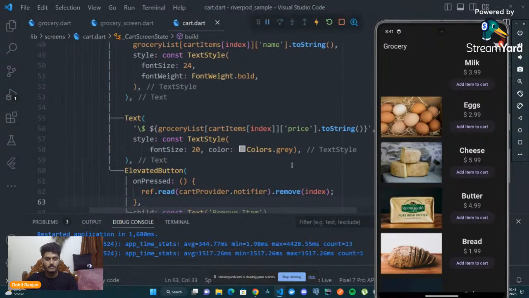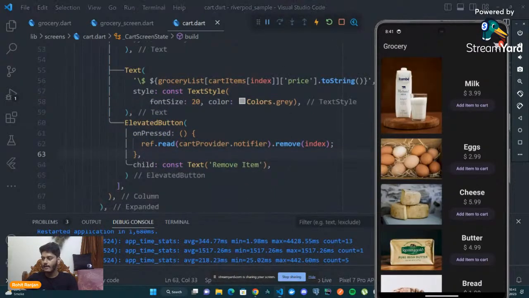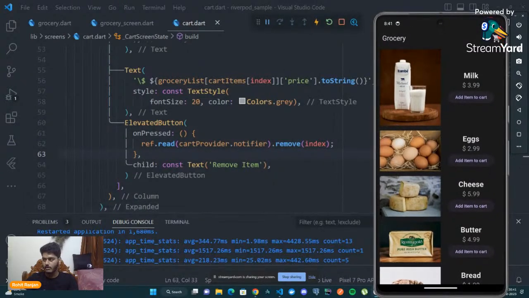Well, okay, there is a bug, I would say. If anyone can find that bug, okay, there is a bug in this project, in this current application. If you guys can identify this bug,